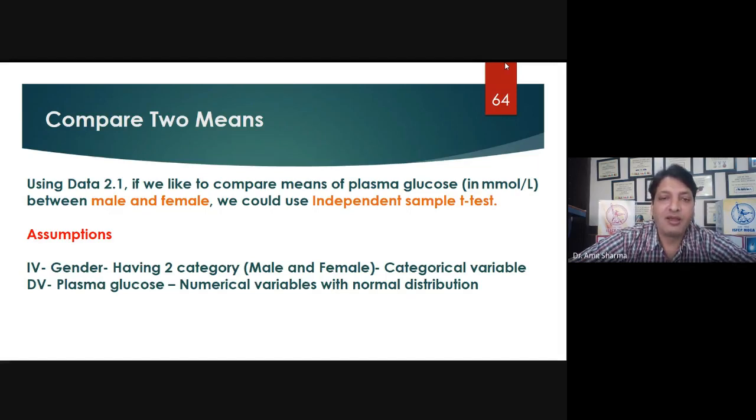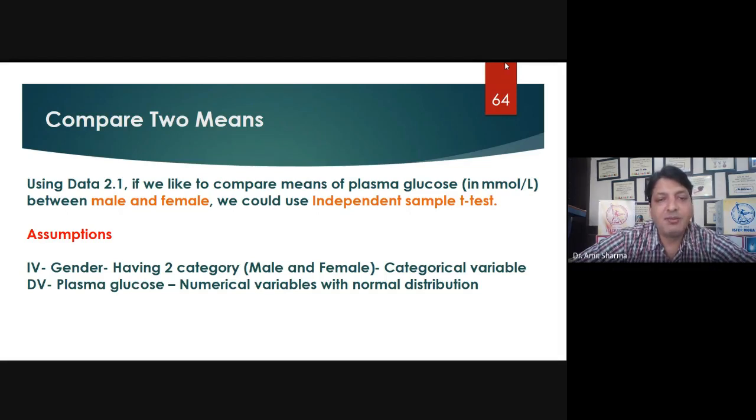Now, why have I chosen this test for this study? Because we have only two different kinds of population. Population number one is male, and population number two is female. And the independent sample t-test can be applied where two samples are there. So when I say two samples, that means one sample is male and the second sample is female. For the pharmaceutics or pharmacology person, if you want to evaluate two different drugs, that means you have two drugs, drug A and drug B, you can apply this test.